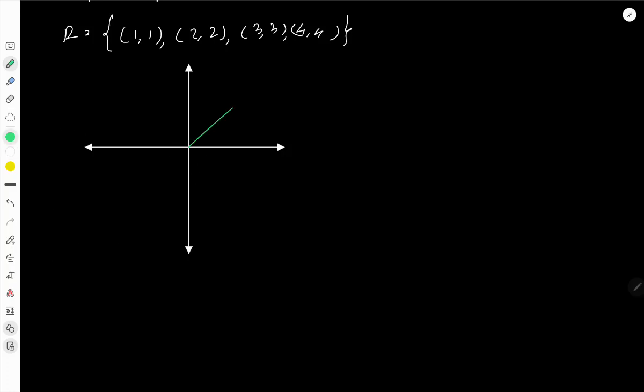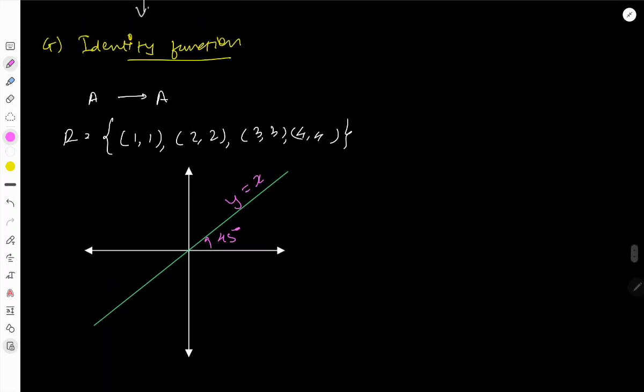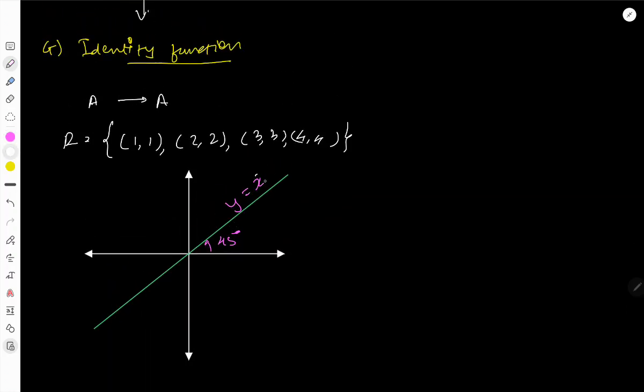And I'm going to draw it. Yes, this is that line and I'm going to extend it now. This is the line y equal to x, inclined at an angle of 45 degrees. So for every value of x, there would be a y which would be the same as x, because we have the function defined as y equal to x. And an application of identity functions can be discussed in trigonometric